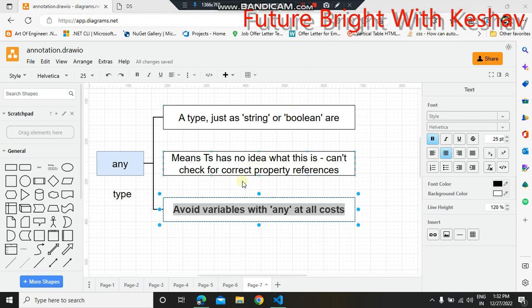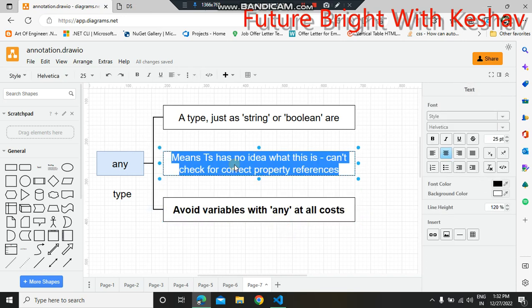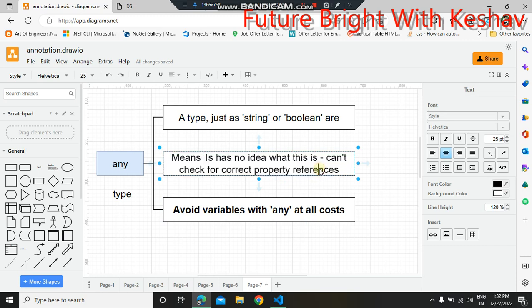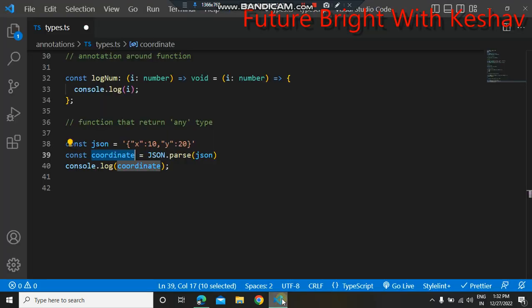So avoid variables with any at all cost. We have to avoid the any type. Why? Because TypeScript cannot check for the correct property references. How can you say that? Because if you take